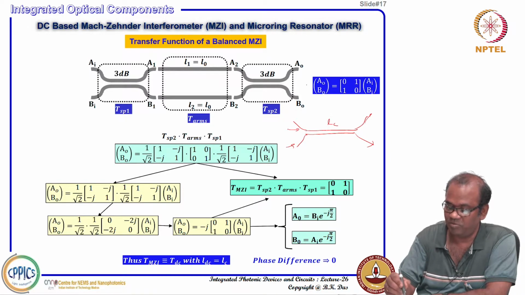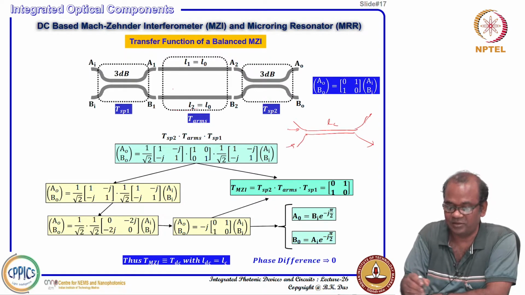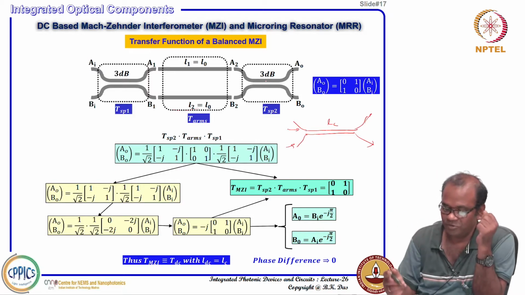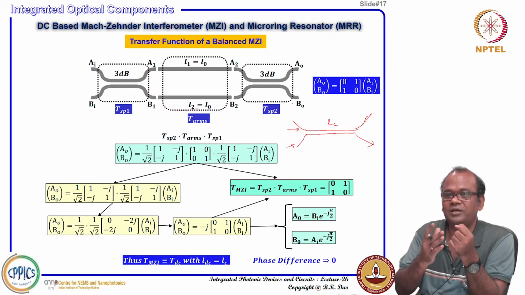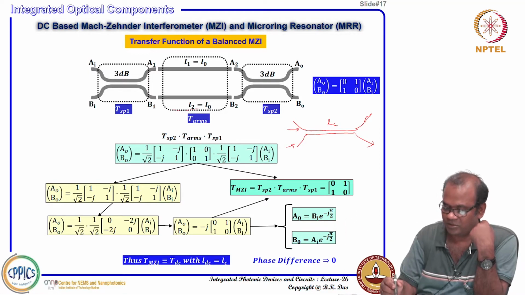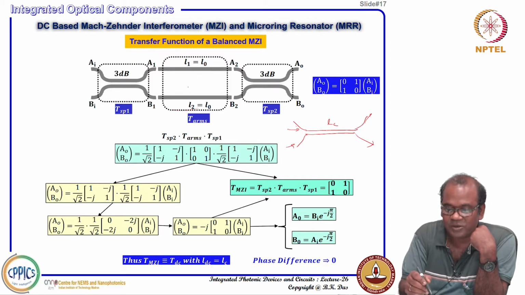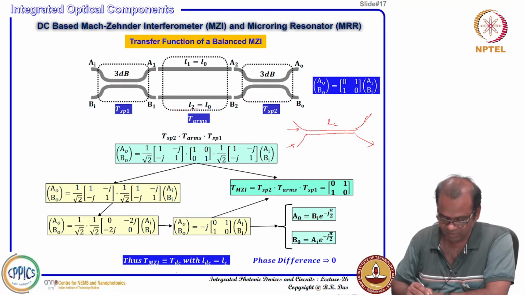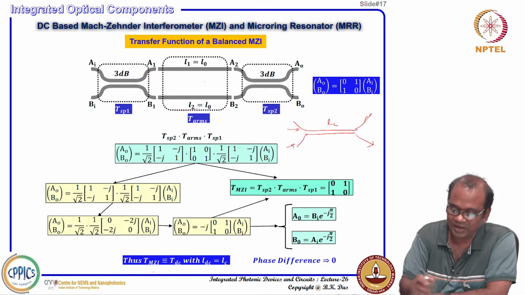So, instead of a 3 dB power splitter, it is as if these middle arms are not present. If these 3 dB couplers are connected back to back, then you normally get a 3 dB power splitter of doubled length. That means it is just crossing. So, the presence of the Mach-Zehnder arms in between is actually useless. We can say that this structure is something we get just by connecting the directional coupler,